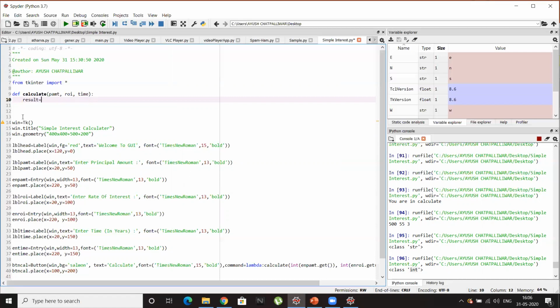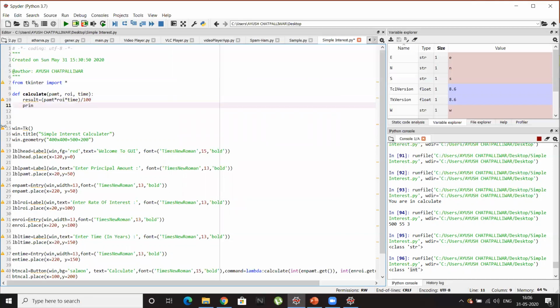Result is equal to principal amount, that is PAMT, into rate of interest, that is ROI, into time, divided by 100, but it is whole divided by 100. So I'll give a bracket to the complete product, and this whole divided by 100. Now my answer will be stored in a variable called result.